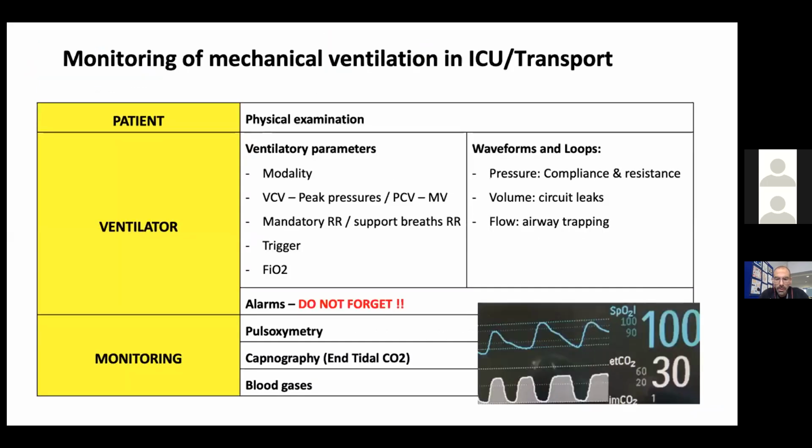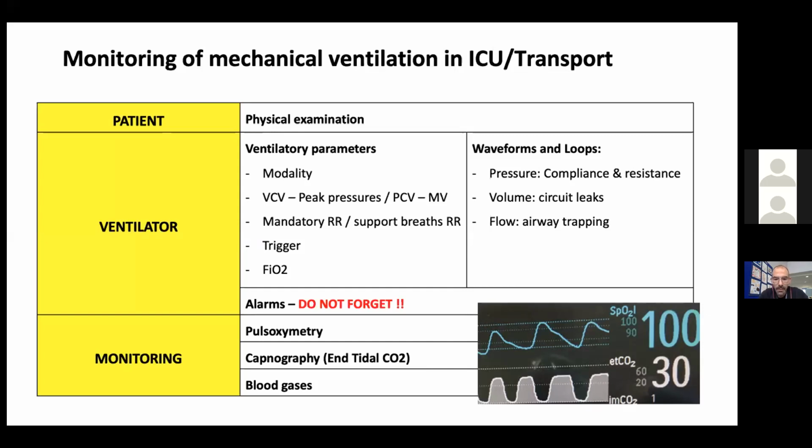Okay, how do we monitor a patient that is ventilated in ITU? So we need to look at the patient physically. Physical examination is key. So make sure that you have good bilateral entry, the chest is moving symmetrically. Then we have a lot of data that comes from the ventilator, whether you are on a volume control mode or in pressure control mode. If you are on volume, you need to make sure that your peak pressures are optimal and not beyond a certain limit. If you are on pressure control ventilation, make sure that your minute volume is optimal and you are not achieving tidal volumes beyond a certain